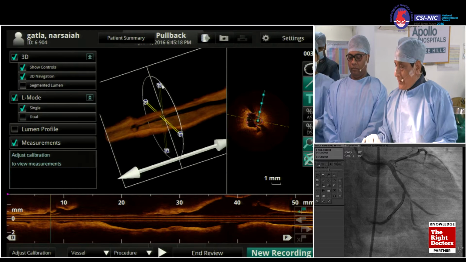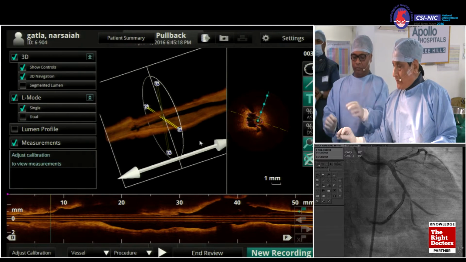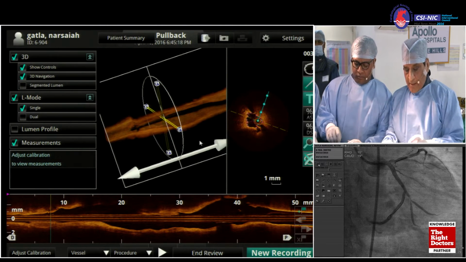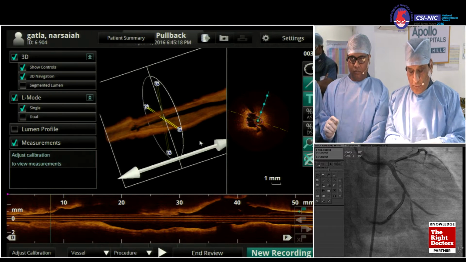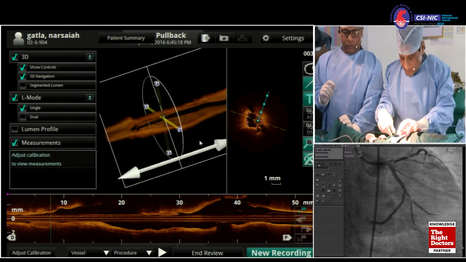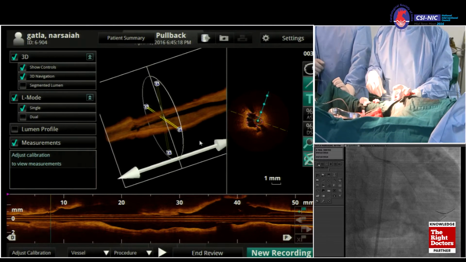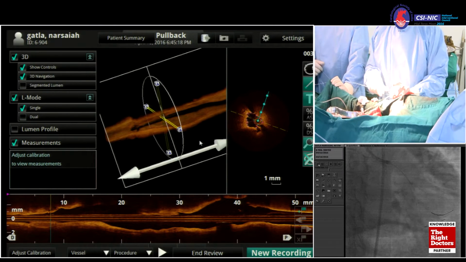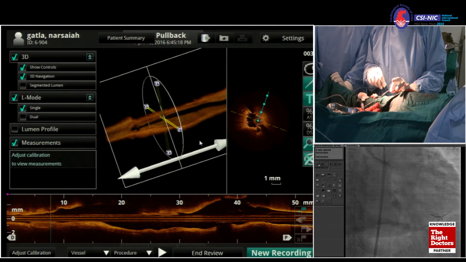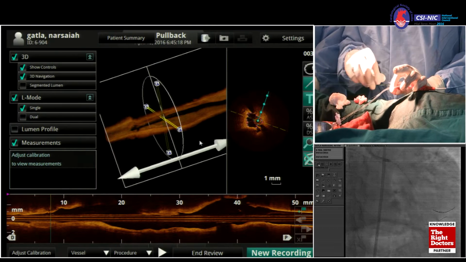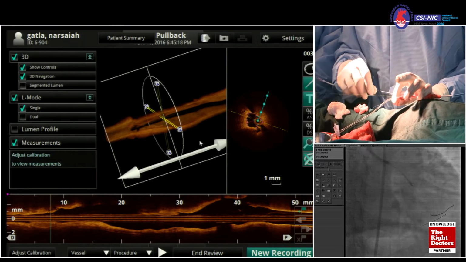So we have dilated, and one of the big discussions in this case will be whether you do a 2-stent approach or a 1-stent approach, and if you decide to do a 2-stent, what you would do will be the discussion. While you are discussing there, we will start our strategy, because we felt that this case, a good size vessel, we use a 2-stent approach.